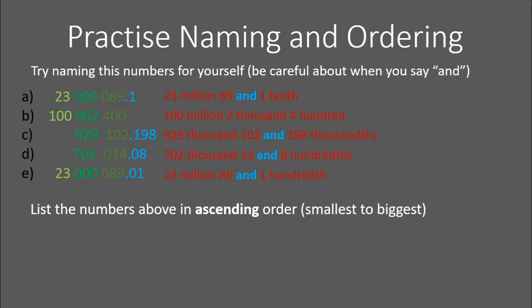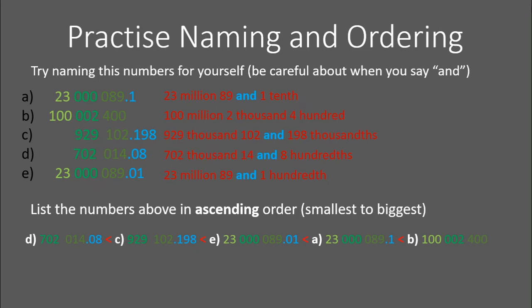And question E, 23,089 and 1/100th. Now putting these numbers in ascending order, so that's starting with the smallest, we've got 702,014 and 8 hundredths is our smallest. See, it doesn't reach up to the millions or tens of millions or hundreds of millions, and 7 is smaller than 9. Then we've got